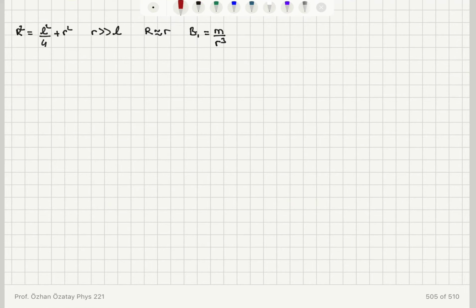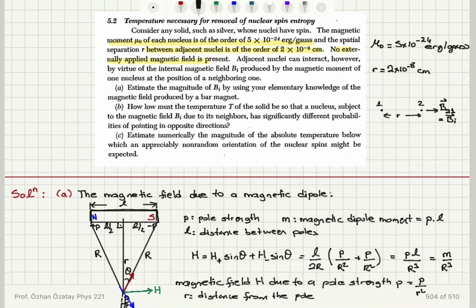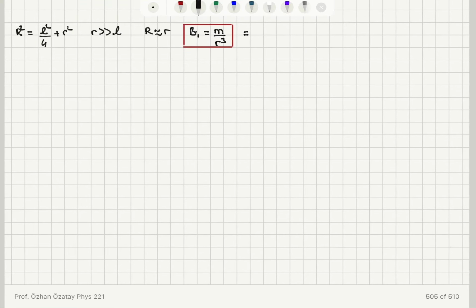Okay, so this is our elementary knowledge of magnetic fields. Now, if I substitute the numbers here, the magnetic dipole moment of each nucleus is 5 times 10 to minus 24 ergs per Gauss. So it is 5 times 10 to minus 24 ergs per Gauss divided by the distance in centimeters, 2 times 10 to minus 8 cube. You can see that the answer will be